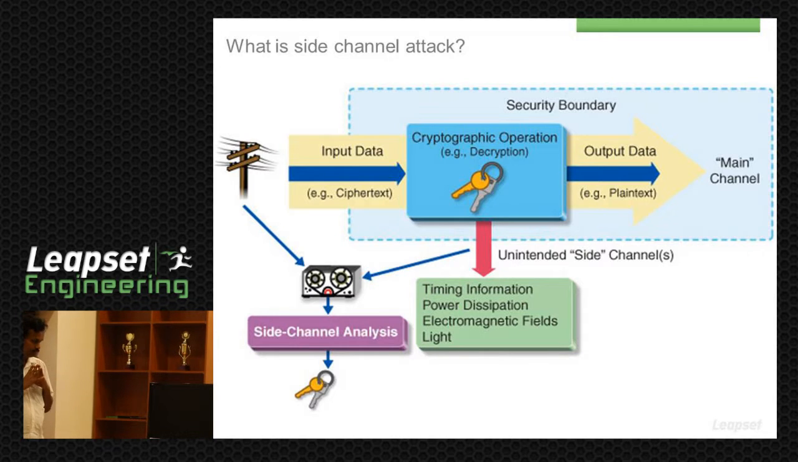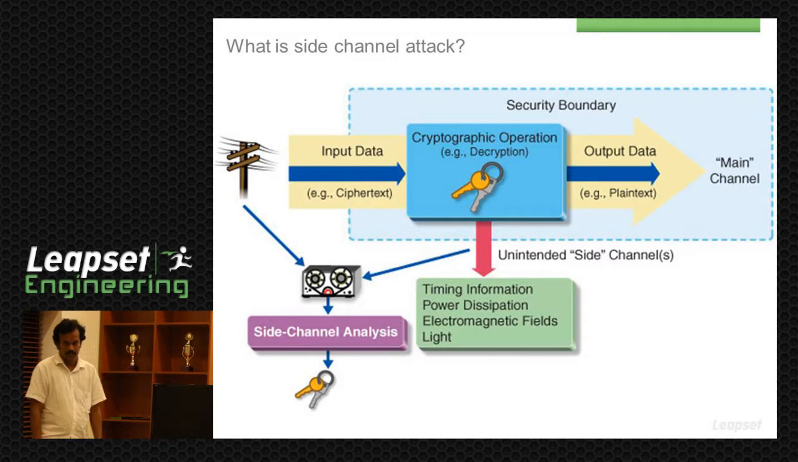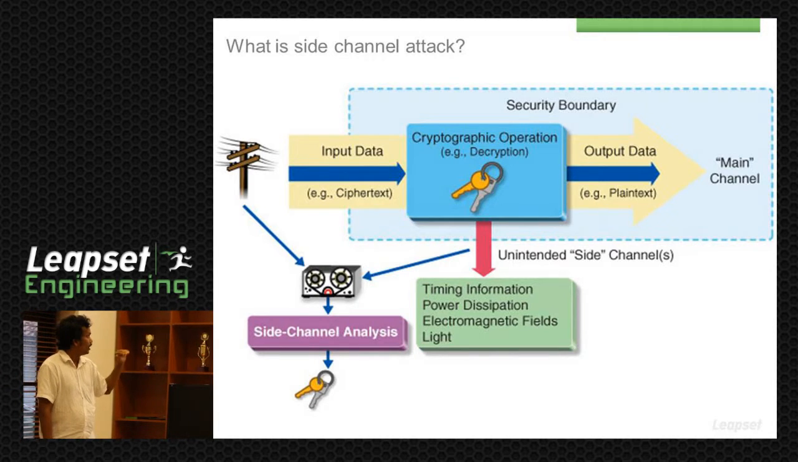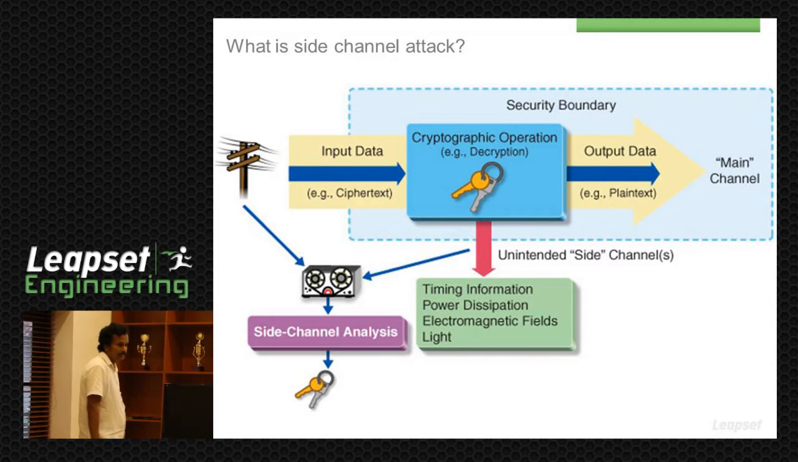So in that case, that file, memory, or if you are transferring that data to the network or writing it to disk or something, that is called the main channel, right? That channel is specifically implemented for you to work, right? That's the main channel. However, when this process runs inside the computer, data leaks out